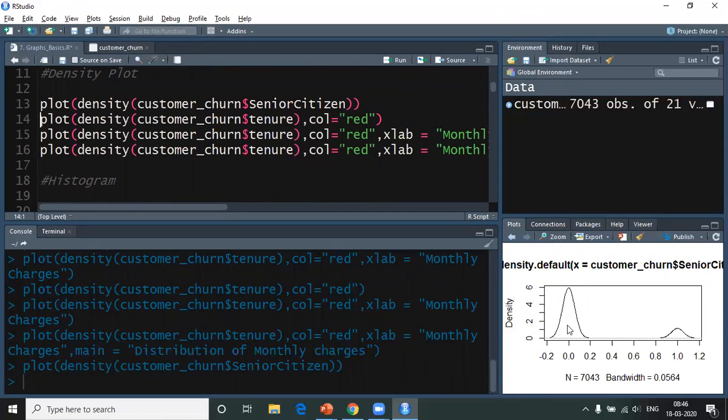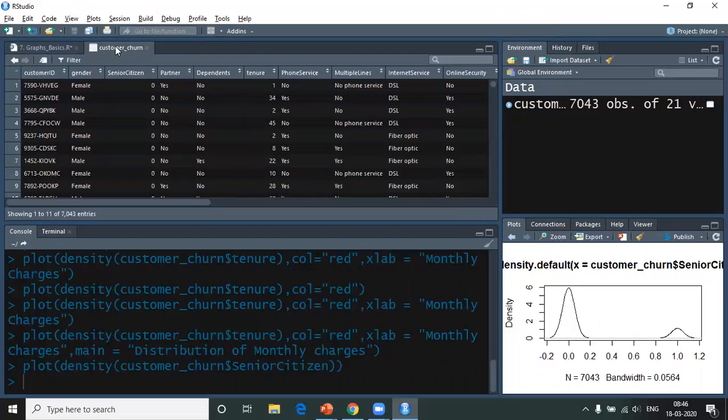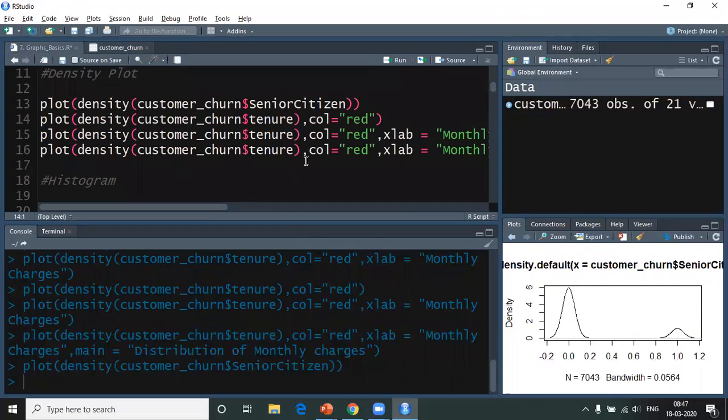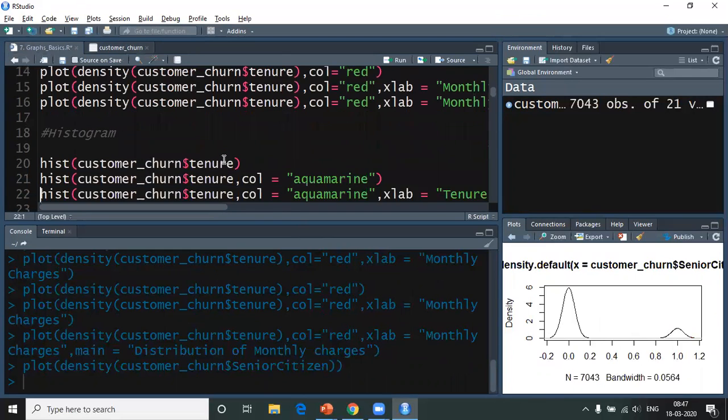All right, so here we have values. Now, why do we have values like this? Anyone, if you can just see here in senior citizen, we only have values of 0 and 1. So that is why we have these many zeros and we have these many ones. So we have fewer senior citizens and we have greater people who are not senior citizens. So that is how you can understand this. All right. So it's just about exploring and understanding as much as possible, but otherwise it's not very difficult for us to understand these.